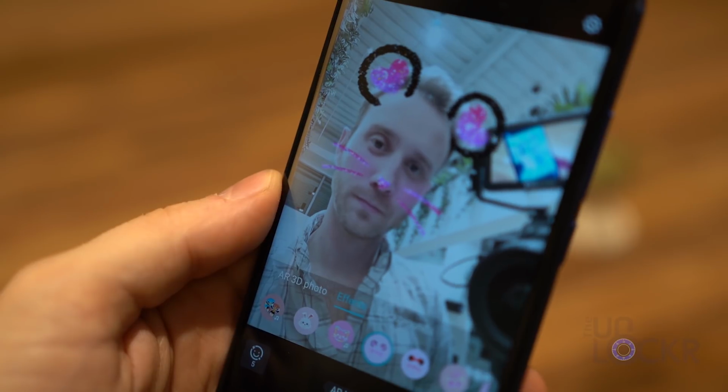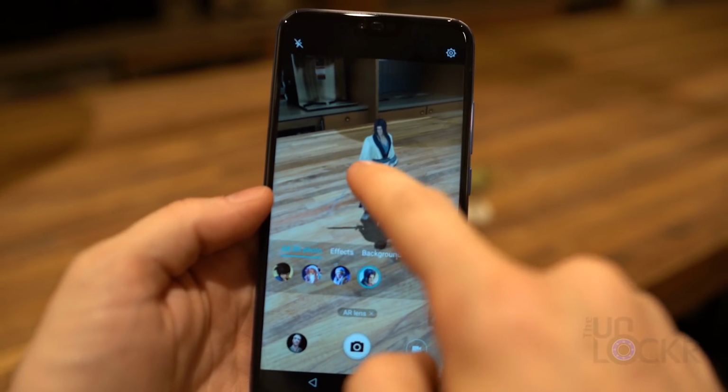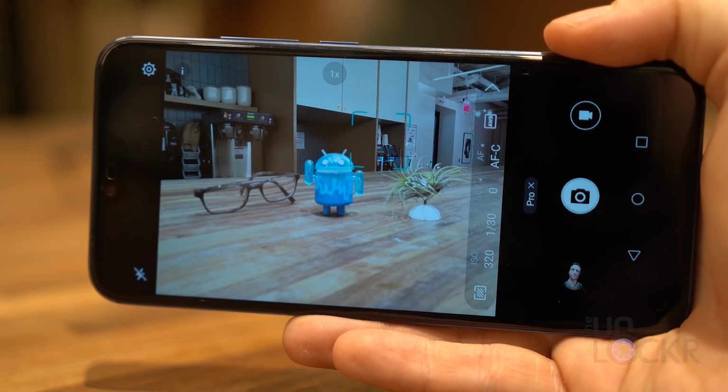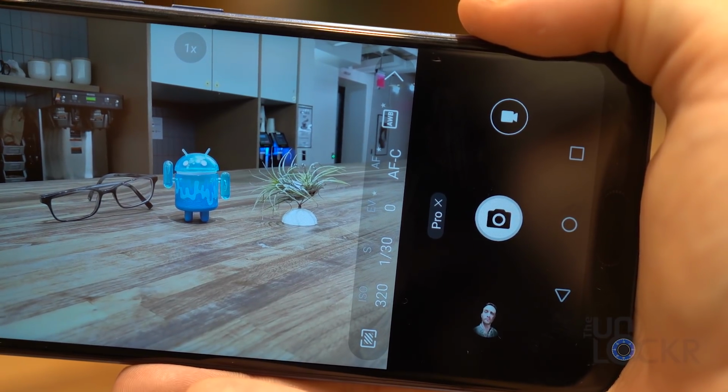AR lens. Think Snapchat lenses built into the camera. Masks, custom backgrounds, and even a few AR anime characters in this model are available, and you can download more from their app. Pro mode, which allows you to adjust all the camera's functions manually, like ISO, shutter speed, exposure,